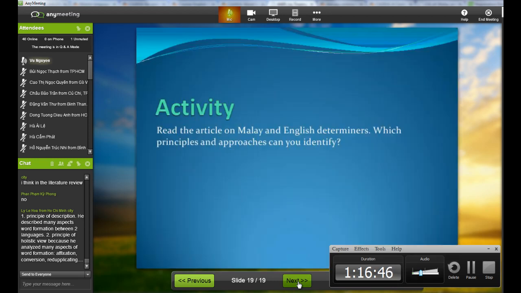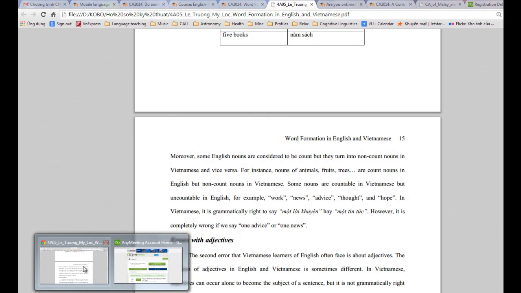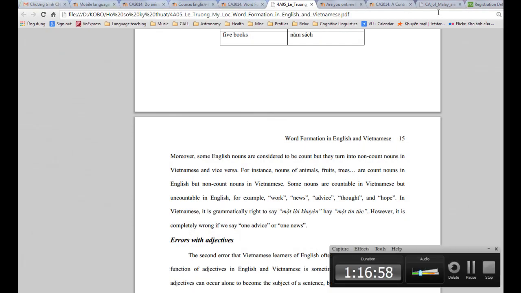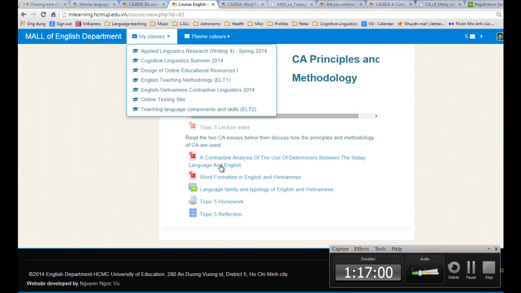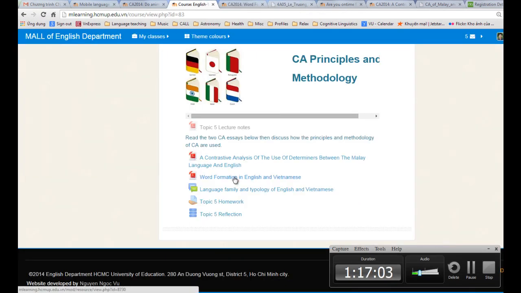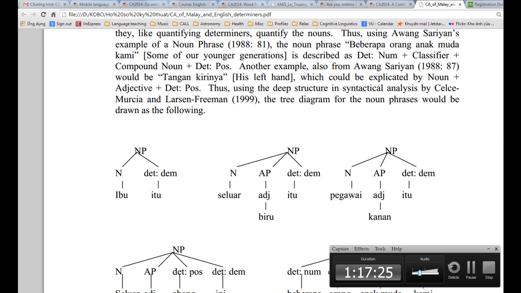Now let's do the last hands-on activity. I want you to go back to our learning system, and this time open the PDF file with the title "A Contrastive Analysis of the Use of Determiners Between the Malay Language and English." It is just like the word formation file that you opened earlier. So click on the file,